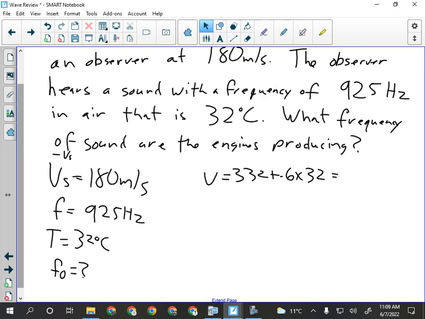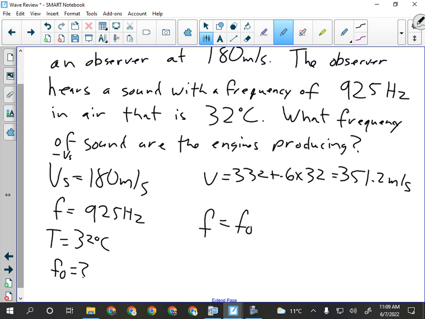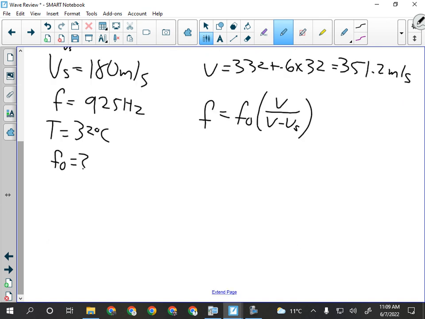Okay, so we're looking at 351.2 meters per second. Okay, now that we have that, we can look at this formula, f equals f0, which is what we're looking for, multiplied by v over v minus vs because it's an approaching source. Okay, so to manipulate, all I do is bring all the brackets over to the other side, so we'll have this